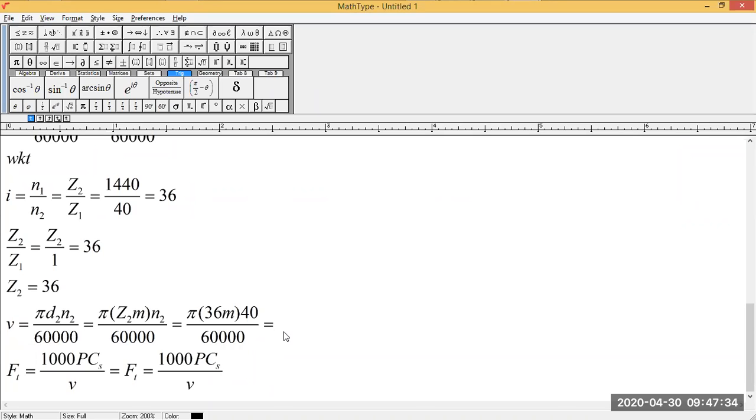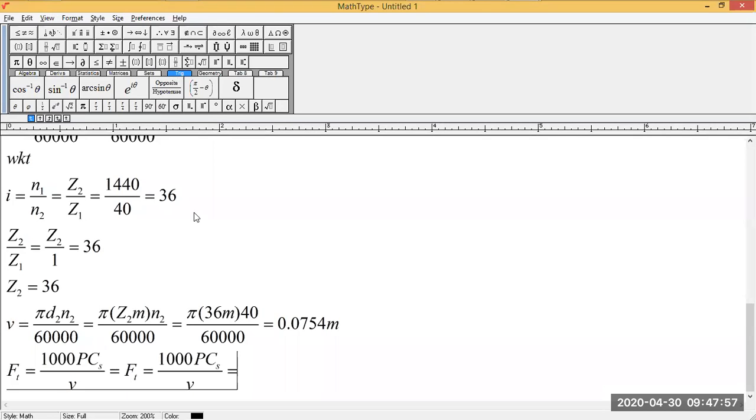It's 5 times 36 times 40 over 60,000. It's giving me just 0.07754 times module. So this equals to,